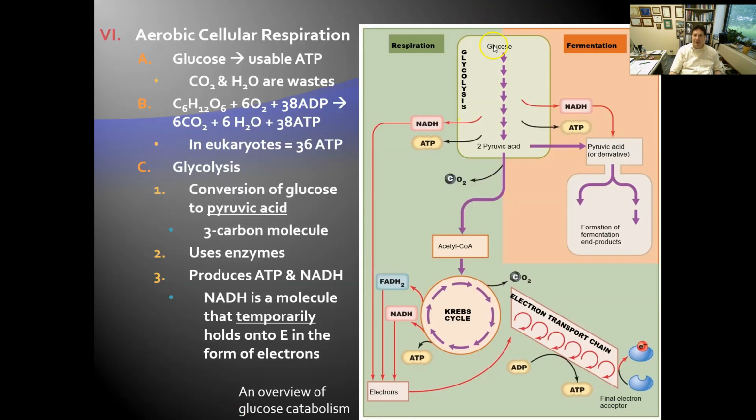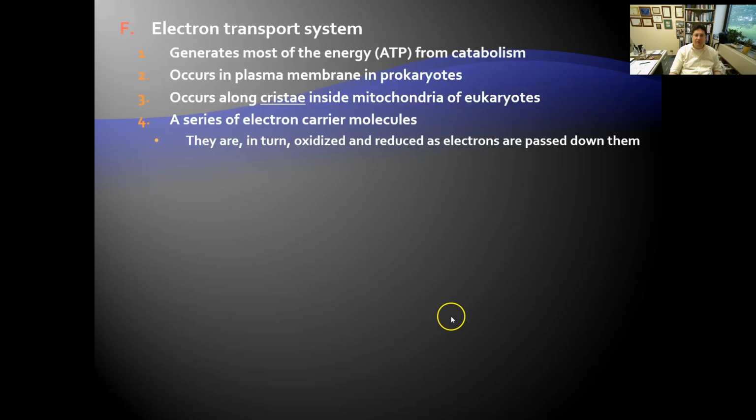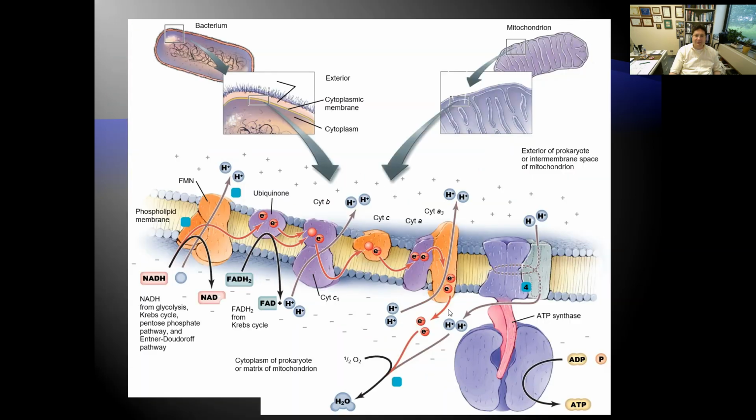All right, we did glycolysis. There's my pyruvic acid. There's my preparatory reaction. Here's my acetyl-CoA. That transfers the Krebs cycle. Now notice as Krebs cycle turns, we're making all this temporary energy, FADH and NADH. We're holding on to these electrons. We transfer those to the electron transport system, and that's going to crank out all our ATP. Okay? All right, so that is an overview of carbohydrate catabolism.